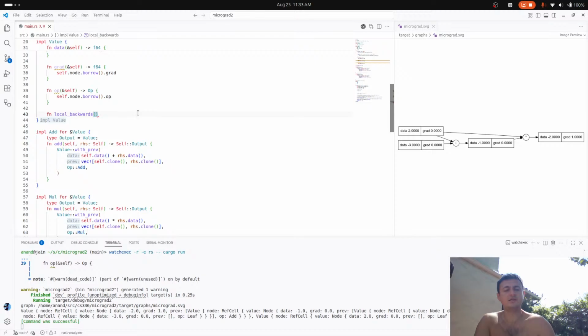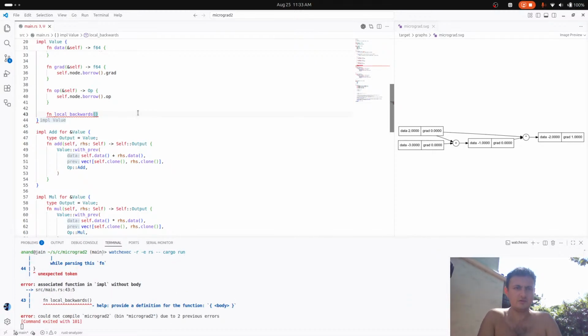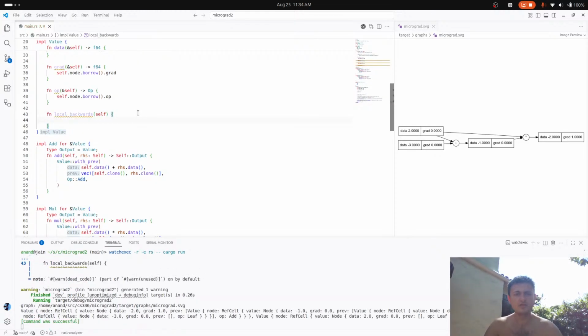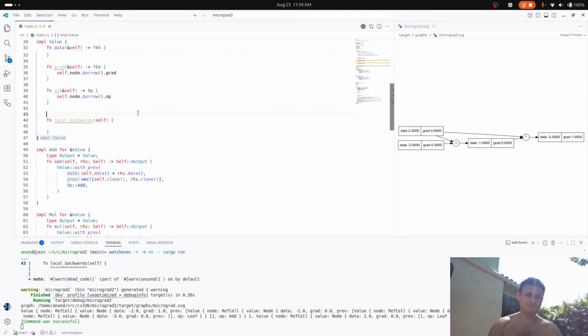Okay, so now I'm going to write this, and this is going to take a self. Let me think about that. So what is this function going to do? It's going to have, let's just say, a self. I don't know if it's a self or a reference to self. And it's going to return nothing. What it's going to do is look at its children and update the gradients of its children by applying the chain rule locally. So what we do is we assume